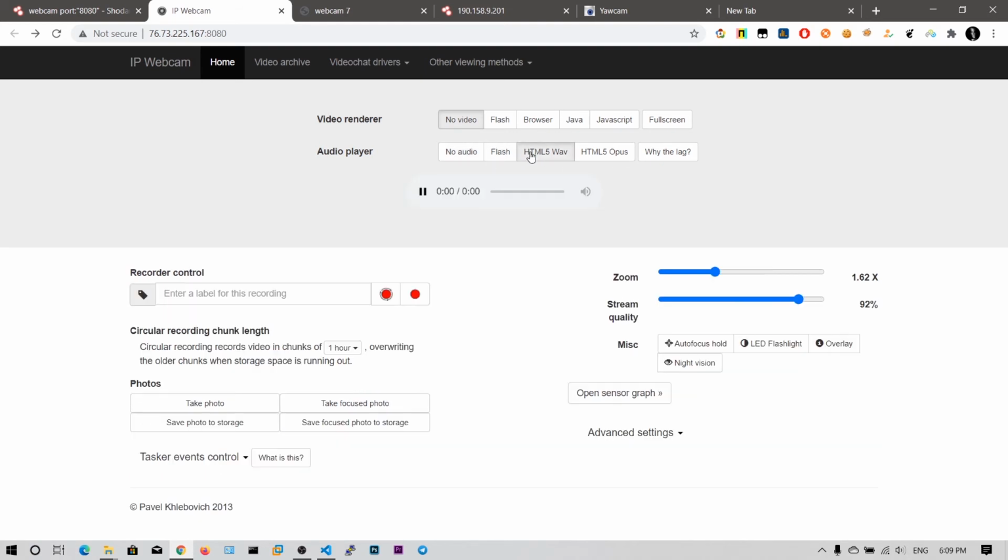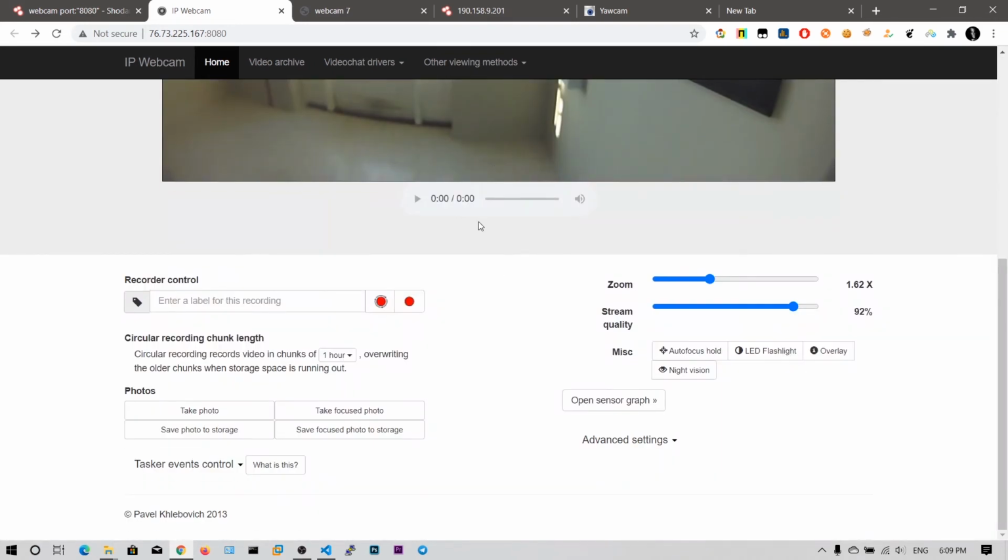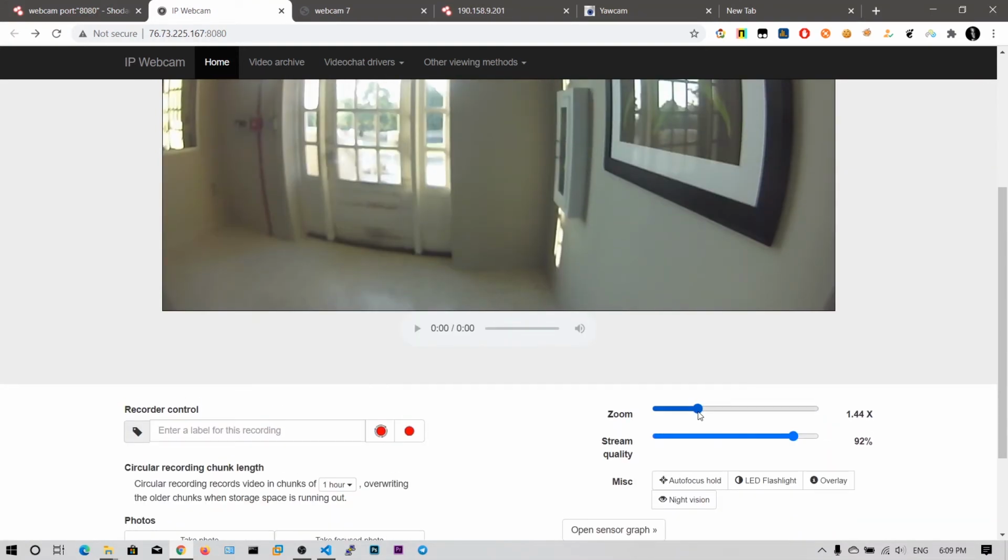Okay, let me click on the HTML web. Okay, let's check only this video renderer. So we can zoom in and zoom out.